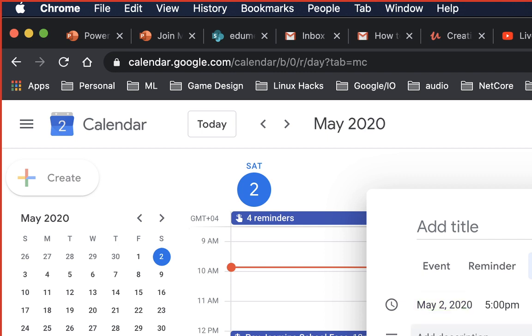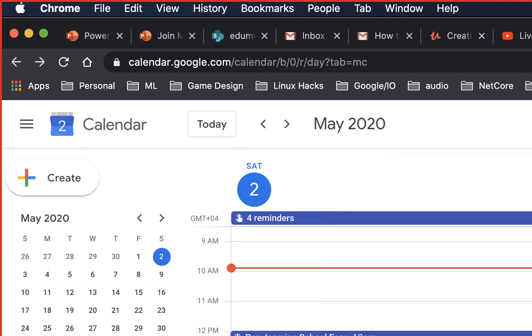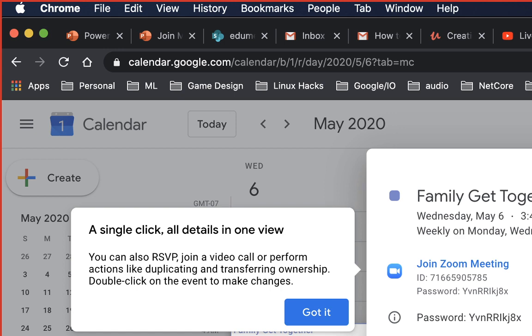Okay, so what we saw are different kinds of things that you can put into calendar. Now you might be asking, okay, that's good and nice. You see the Zoom icon here on your calendar, but I don't see that. How do I do that, right? How do I add Zoom to my calendar? And the answer is fairly straightforward. What you can do is basically,